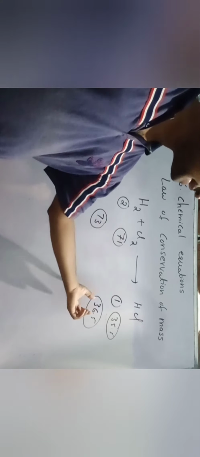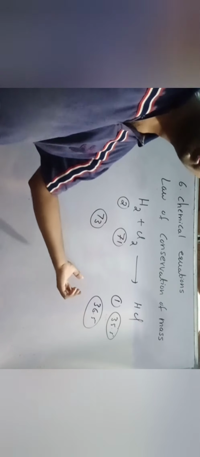So total mass here is equal to 36.5. So in LHS, the mass of the atoms is equal to 73. In RHS, the mass of the atoms is equal to 36.5. Here masses are not equal. So according to the law of conservation of mass, the mass of the atoms in LHS is equal to the mass of the atoms in RHS. Clear? So now take here 2. So here 2 into 36.5, that is equal to 73. Now balance the equation.